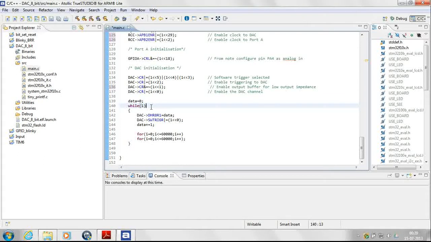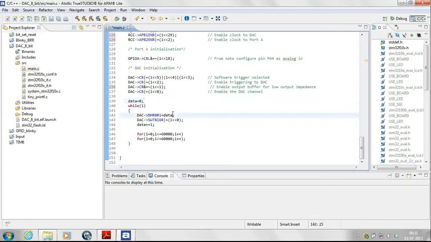What we'll do is every time in the while loop we'll increment this data by 1 and write it to the data holding registers, which will be reflected in the data output registers. With this, our analog output will always keep on increasing, and when it crosses over, that means it rolls over, it will fall back to 0. Thus we'll have an output triangular waveform if we plot this on a CRO. So we write this as 0 so that we know the starting point of the triangular waveform, which is 0.